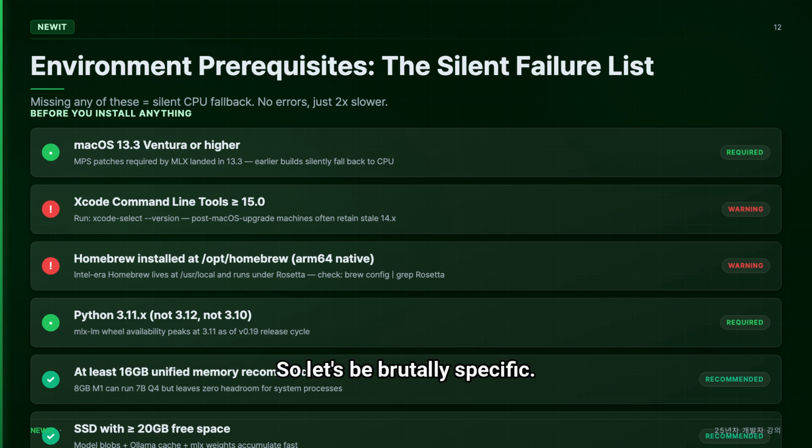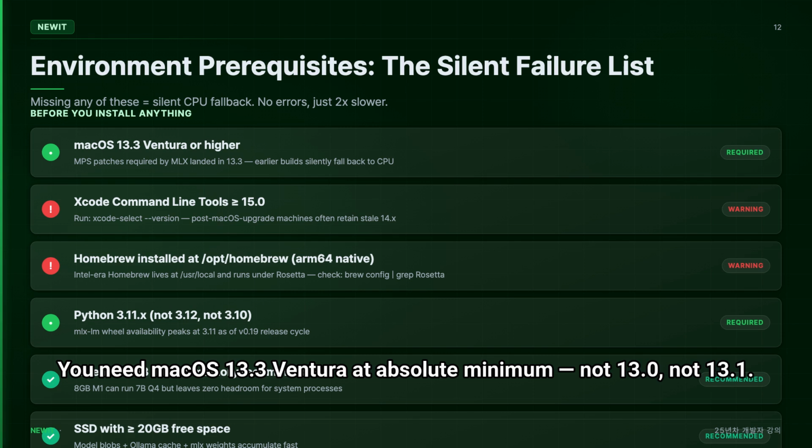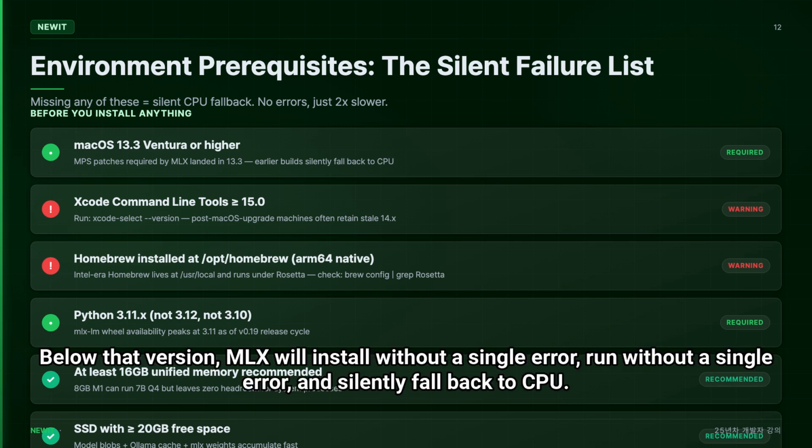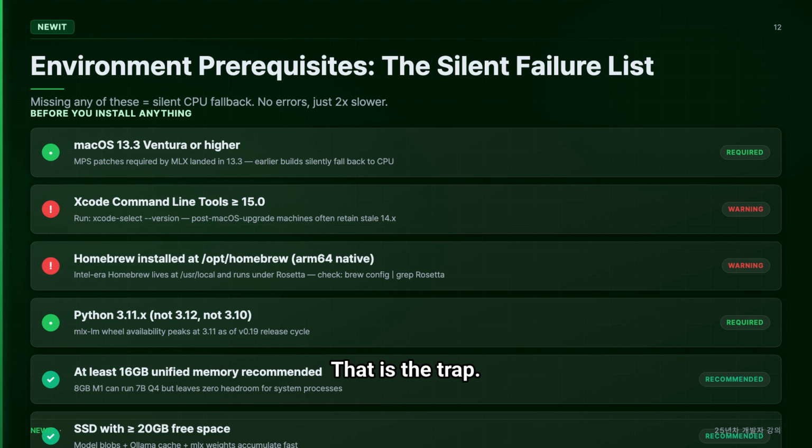You need macOS 13.3 or later, not 13.0, not 13.1. Apple patched critical Metal Performance Shaders paths in 13.3 that MLX depends on directly. Below that version, MLX will install without a single error, run without a single error, and silently fall back to CPU. That is the trap. Next,